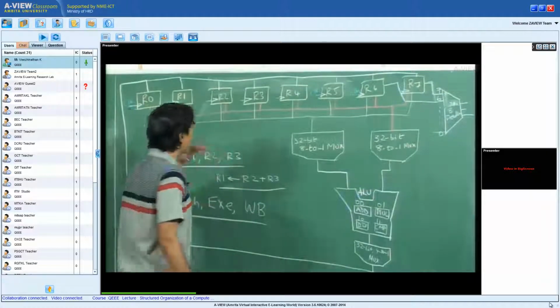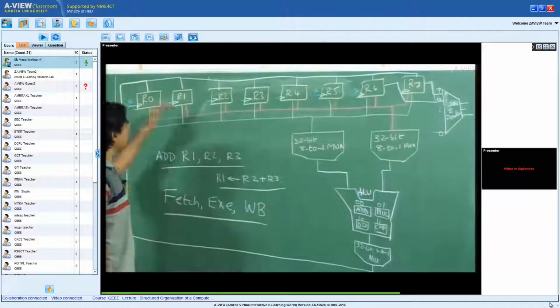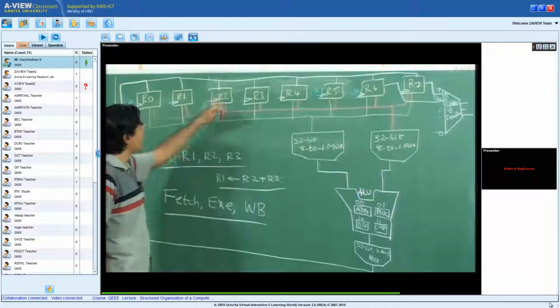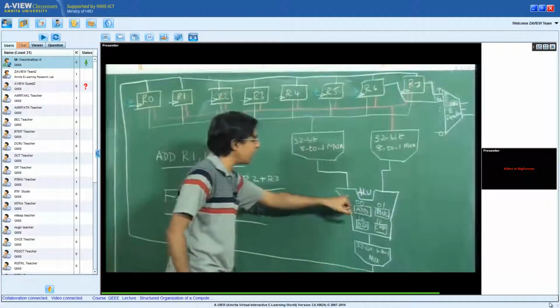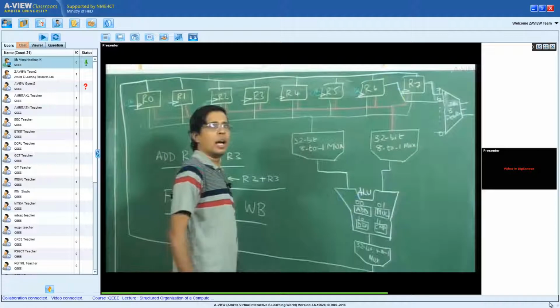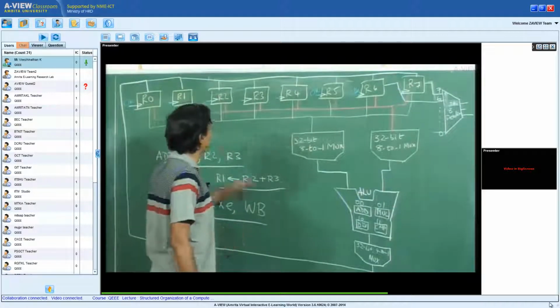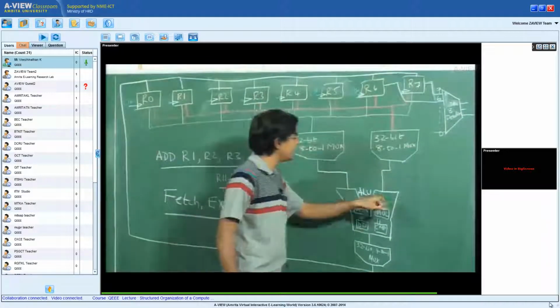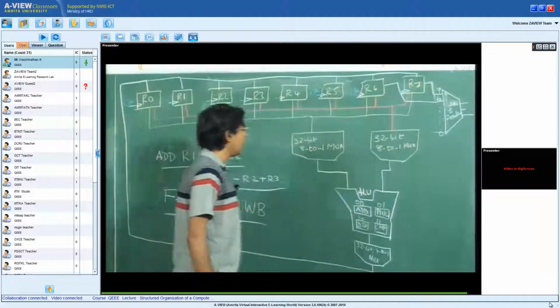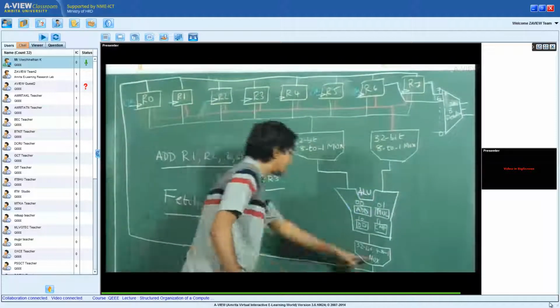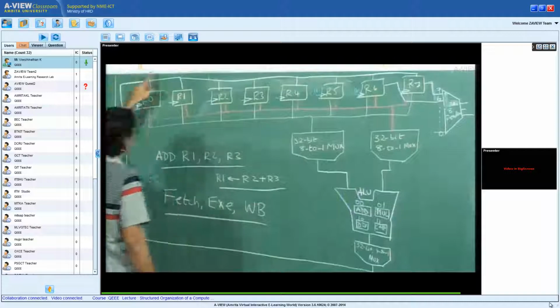So I have to route 32 bits of data from R2 to this ALU input. I have to route 32 bits of data from R3 to this ALU input. I have to route 32 bits of data back to R1.